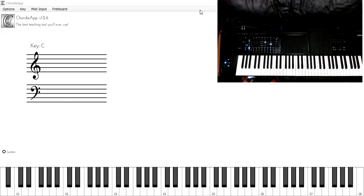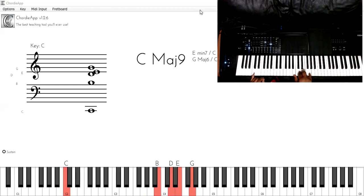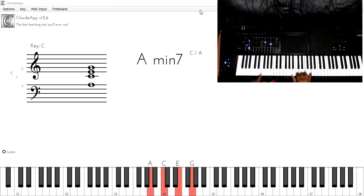Give me 1 second, guys. So what was that? C major 9. So you got C, B, D, E, G, and then you got F major 9. So you got the F, A, C, E, G. So, take my